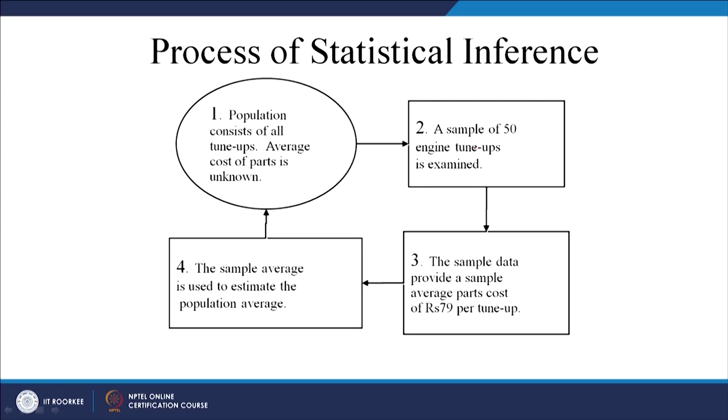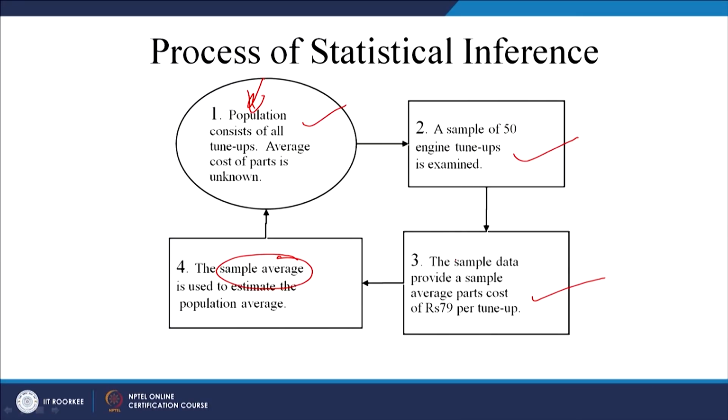What did we do in the process of statistical inference? There were several units in the population, we took 50, we took the average of those 50, and on the basis of that sample average, we said that the cost of repairing each automobile was 50 rupees for all the automobiles in the population. So, we have inferred something about the population from the sample. This is the process of statistical inference.